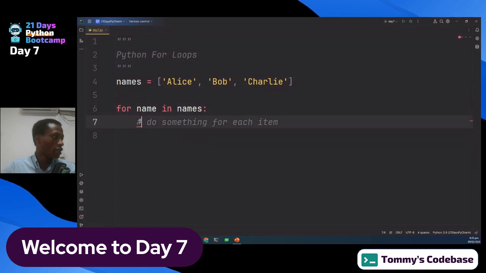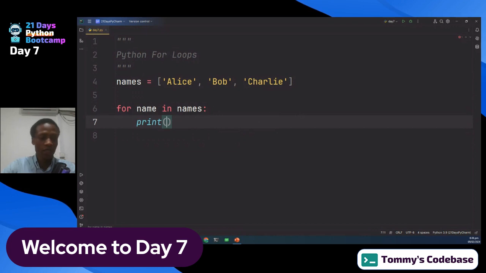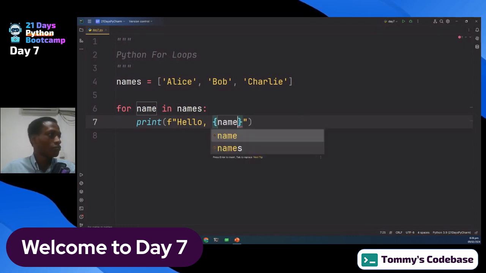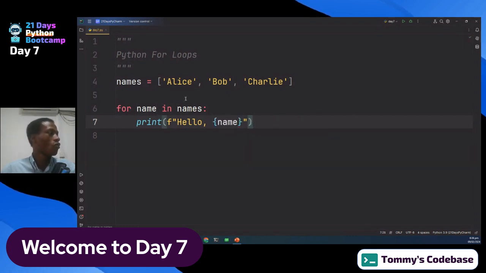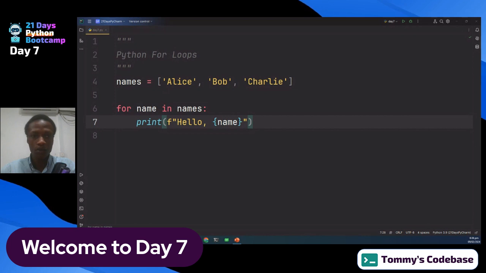That means, let's just greet each user with a print statement, and then inside an f-string, I would say hello, and I'll leave a comma, and then I'll bring name. What we are telling Python to do here is